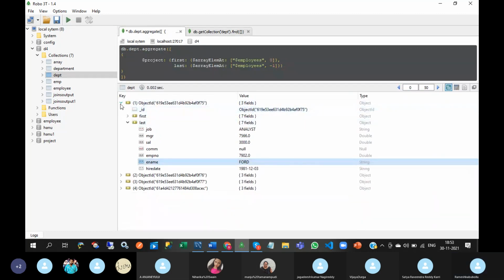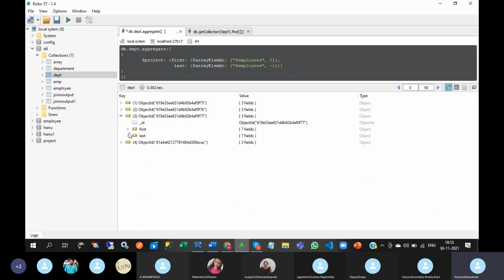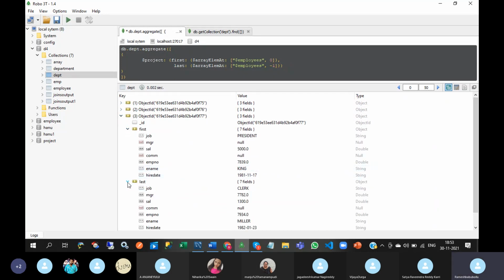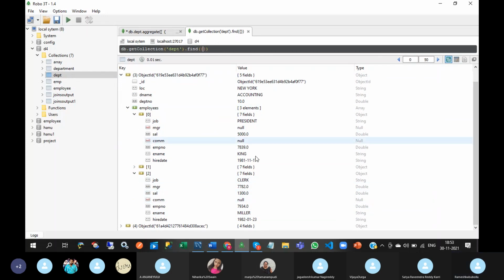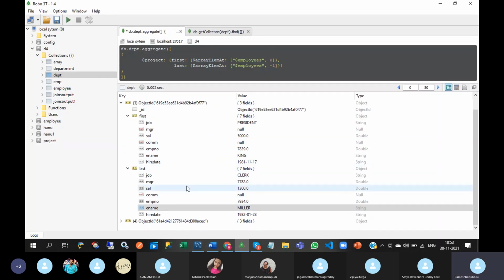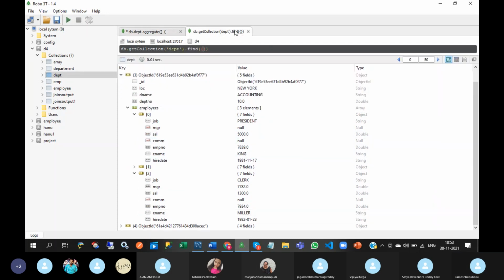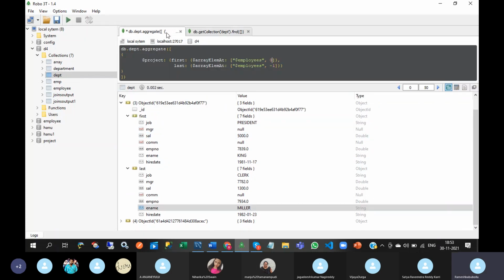So this is the query result, and this one is the actual collection data. So if you give a positive number, what will happen? It returns the element at the index position, counting from the start of the array. If you give a negative number, it returns the element at the index position, counting from the end of the array.